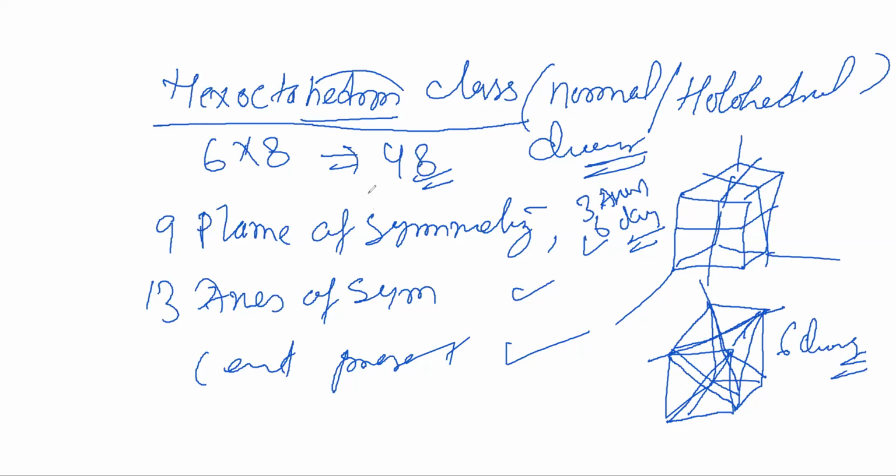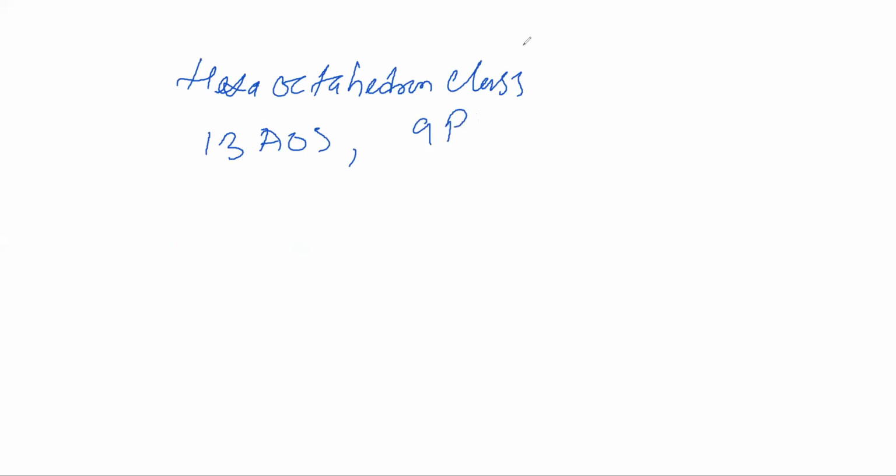Now if we see the symmetry elements of this hexaoctahedron class in HM symbol, we have discussed there are 13 axes of symmetry and 9 planes of symmetry, that I should write as M only, because we have to be habitual that plane of symmetry will be represented by M, and I for center. So we will be seeing how the HM symbol is formed. And out of these, as we have discussed, there are 3 axial and 6 diagonal mirror planes.